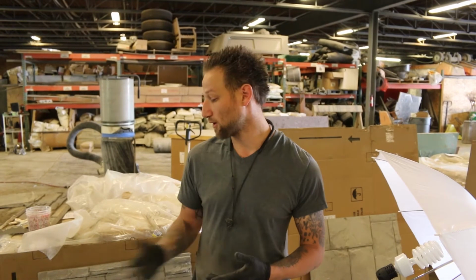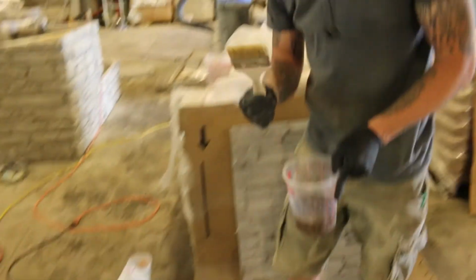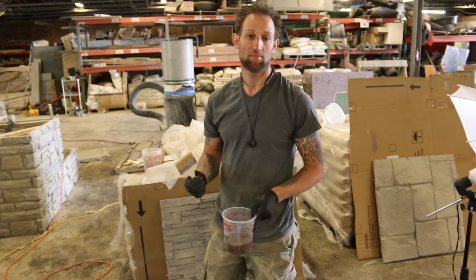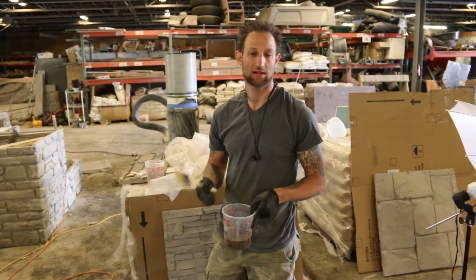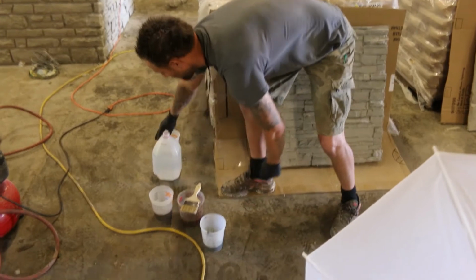So as far as the materials, pretty straightforward. I like 3-inch cheap chip brushes that you can buy from Home Depot. I use this if I get any drips when I'm using the sprayer, or if I'm coloring with the brush, and I'll use this to scrub the stain in. I usually use 1 quart measuring cups to measure my dilutions. And then as far as